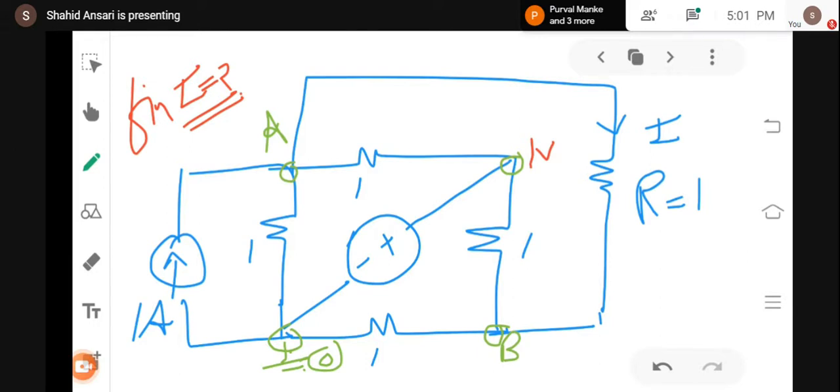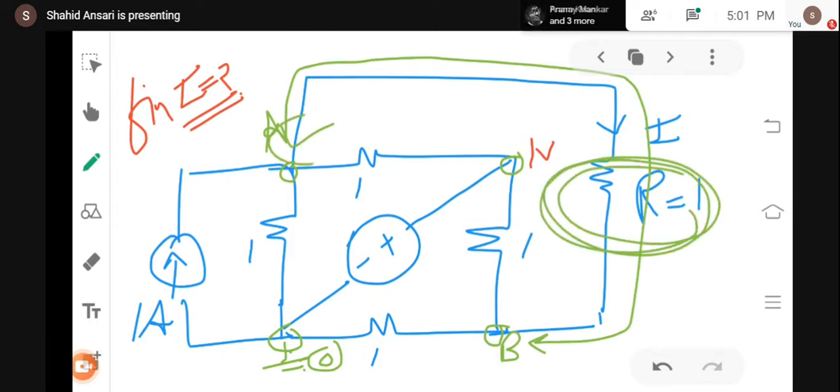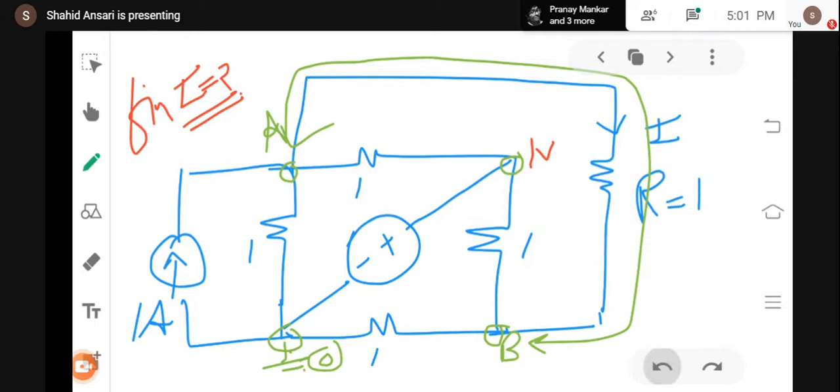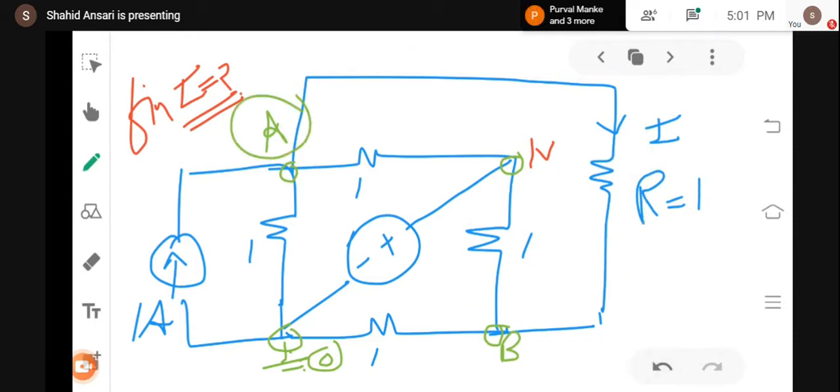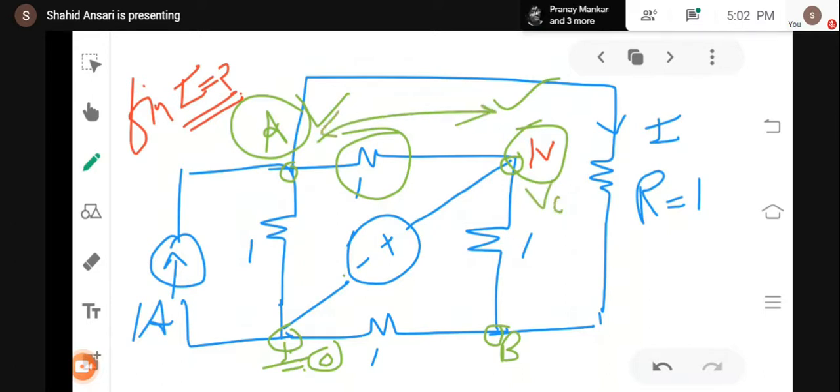Conventionally we can write VA minus, look at this, VA minus VB. Is it correct? This 1 ohm is connected between node A and node B. So I can write VA minus VB divided by 1. Correct? Now for this I can write VA minus 1 volt. It is given to you. Even if you consider it as VC, you will be writing VA minus VC divided by 1, then later VC equals 1. So simply directly write 1 volt.